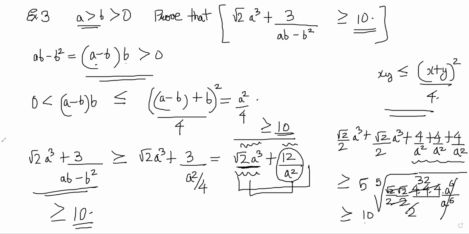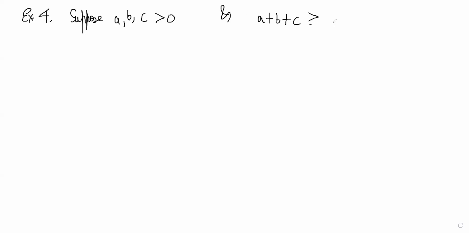This next question here, I will not do the full solution. I will just outline how you should go about the solution, and I will leave that to you. Suppose A, B, C are greater than 0, and we have A plus B plus C greater than or equal to ABC, right? Prove that